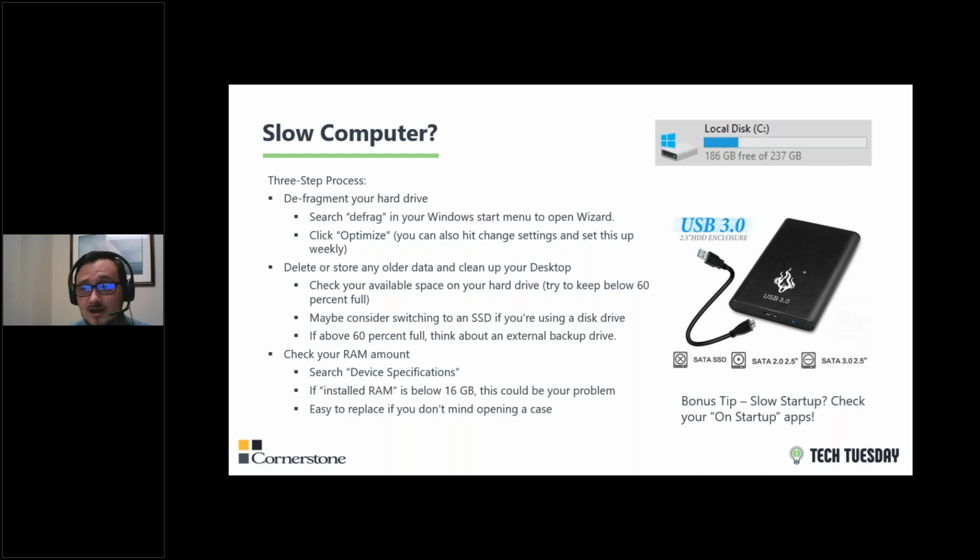Additionally, you can check your RAM amount. And RAM, I'm going to show you some images of it on the next screen, but it's pretty cheap and easy to replace. Same sort of price kind of thing for installation. RAM is typically around $200 for a desktop like this when you're looking to upgrade.